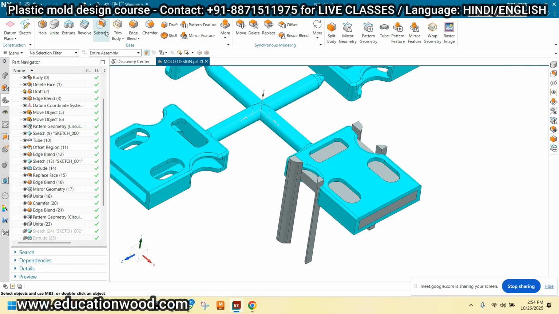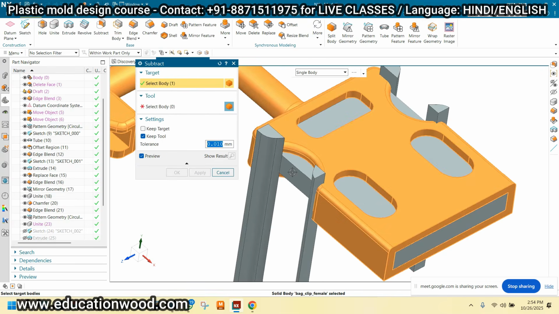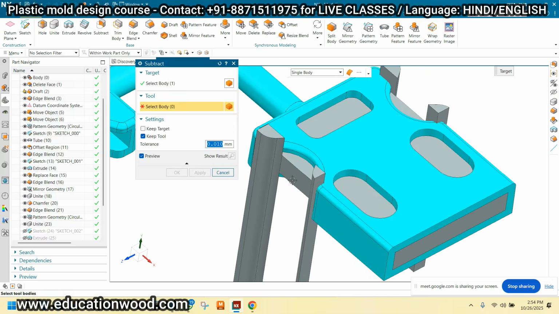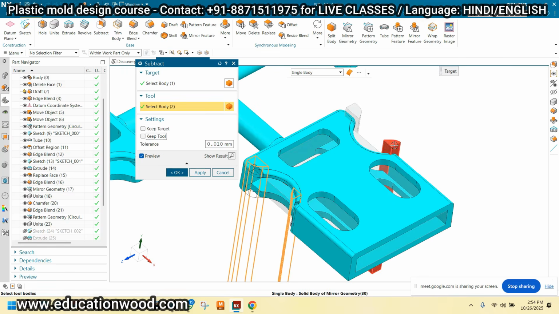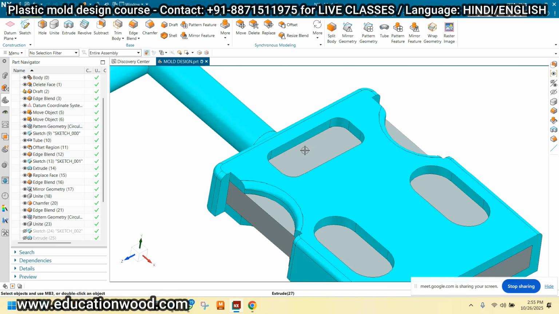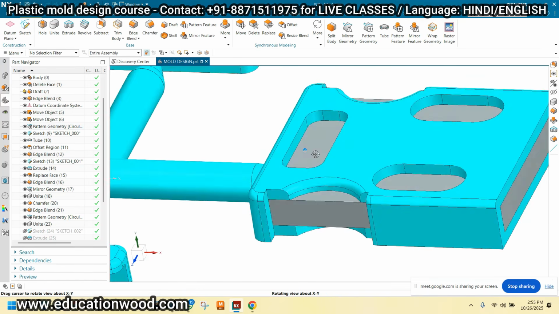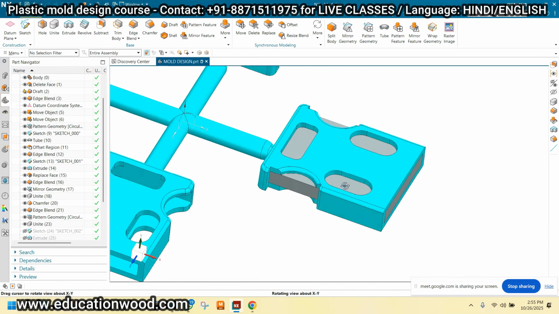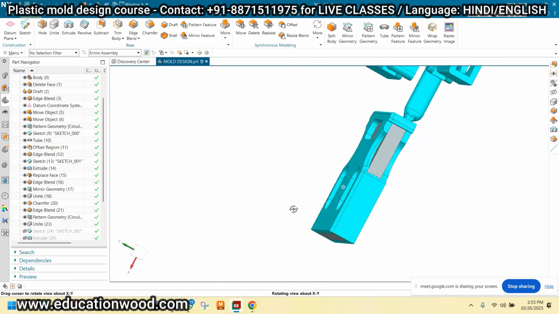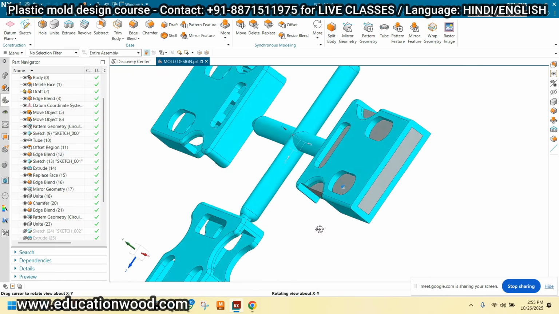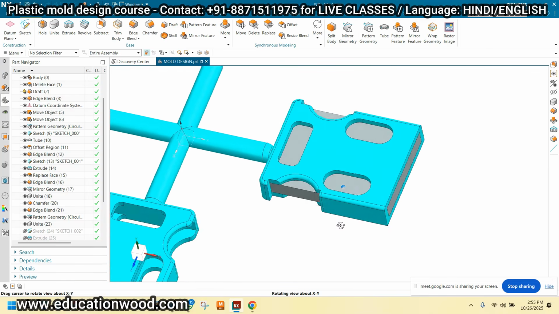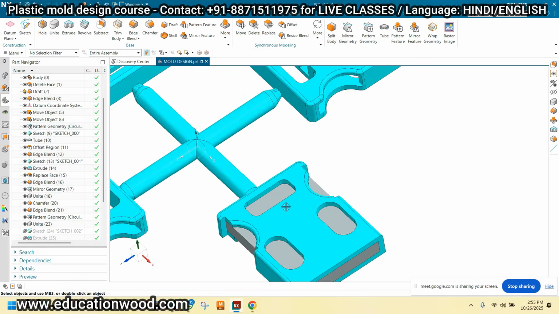Or let me subtract this from the component. I think now is it okay? See, okay, now it is not undercut. Is it undercut right now? Understood?